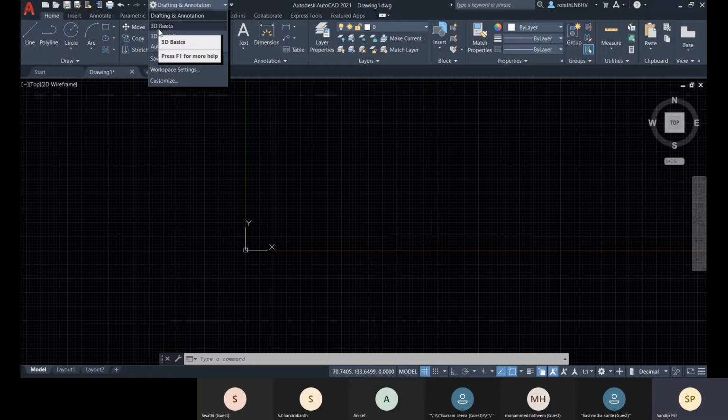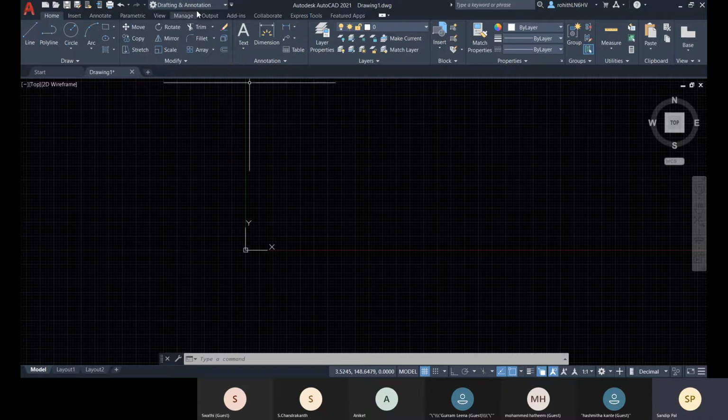You can choose 3D Basics and 3D Modeling. These three are your default, Autodesk-created workspaces. You can also create your own workspace, the set you want to create. So let me just switch.